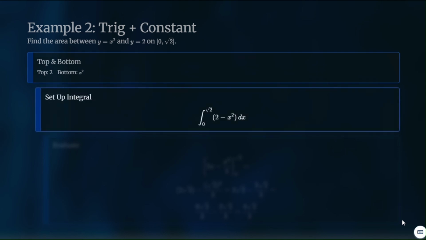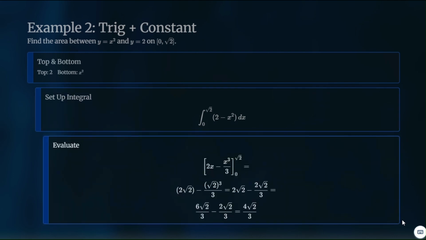So we can set up our integral as integral from 0 to square root of 2 of 2 minus x squared dx. That will be equal to 2x minus x cubed over 3, and we'll evaluate that from 0 to square root of 2. So first, if we plug in square root of 2 into our antiderivative, that will be equal to 2 times square root of 2, minus square root of 2 cubed over 3. And then we plug in when x equals 0, that will be 2 times 0 minus 0 cubed over 3,